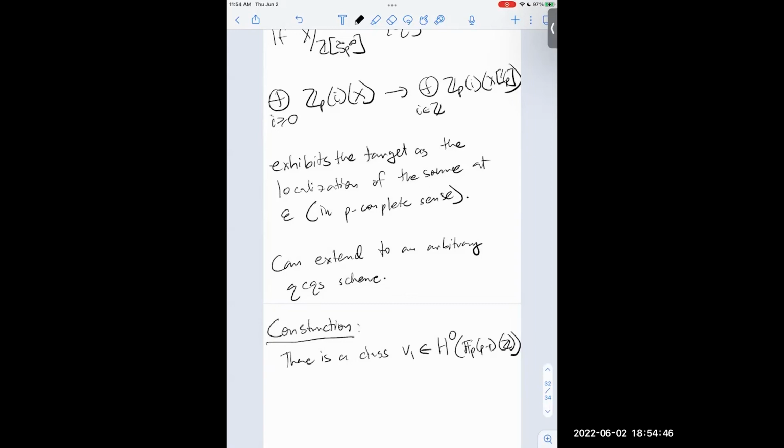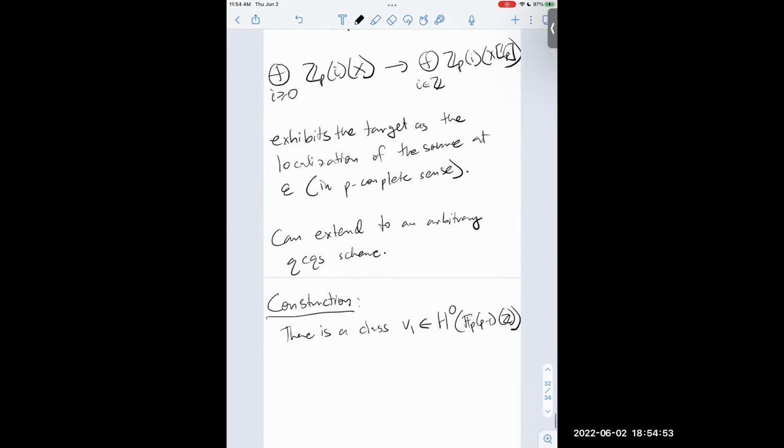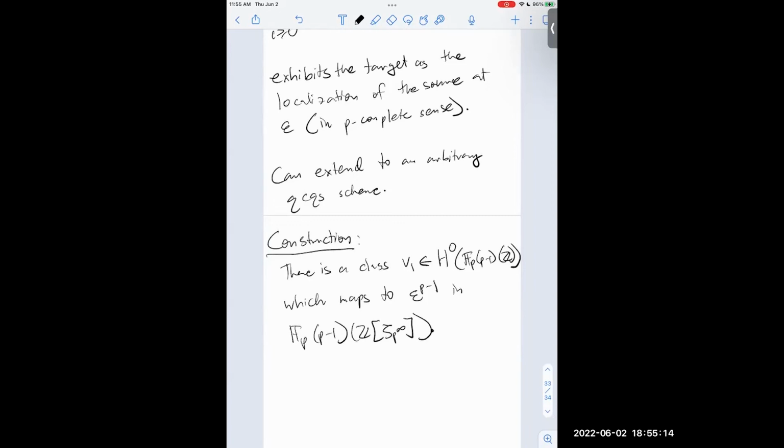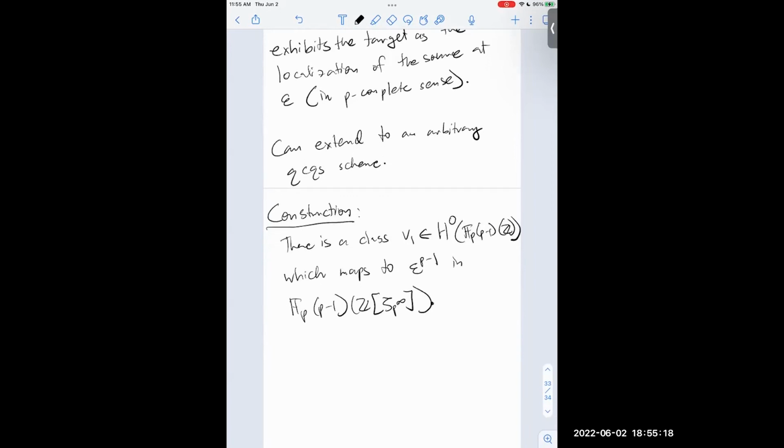But the claim is that if you work mod p and you take the (p-1)st power of epsilon, it actually makes sense over Z. So there is a class v_1 in the syntomic homology with weight p-1 of Z, which maps to epsilon^{p-1} in F_p(p-1) of Z_p adjoin zeta_{p^∞}. Equivalently, on the generic fiber, mu_p^{⊗(p-1)} is trivialized, and that lifts to a class which is no longer invertible in the syntomic homology of weight p-1 of Z. So you can construct v_1 essentially by descent